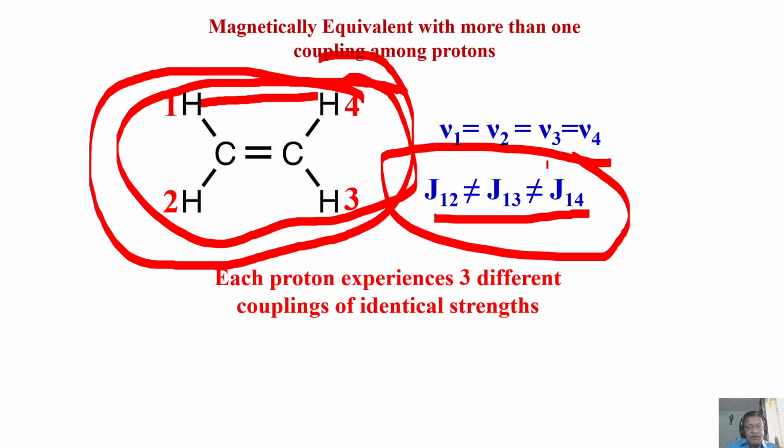At the moment, don't worry, but remember there are three different couplings present. You don't see them in the spectrum, and the four chemical shifts are also identical. So it is magnetically equivalent spins with multiple couplings. Now, with this knowledge, let us look at the multiplicity of different spin systems. When chemically equivalent groups couple, what will happen to the splitting? This is a very interesting thing you must try to understand.